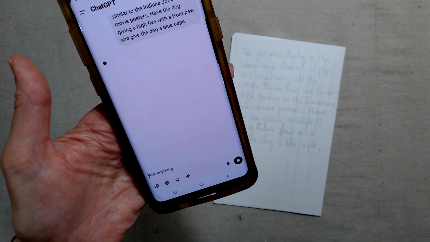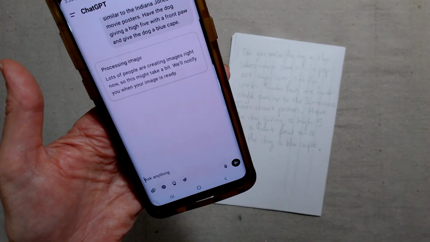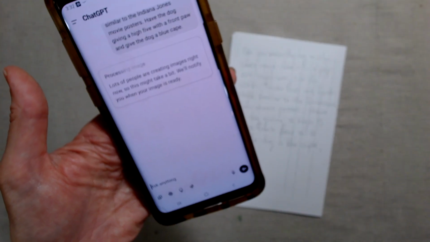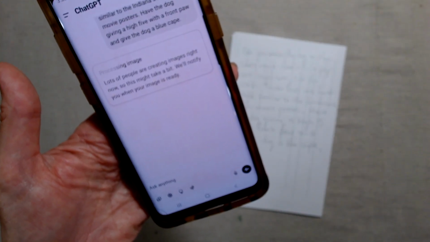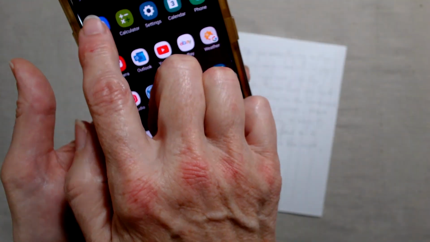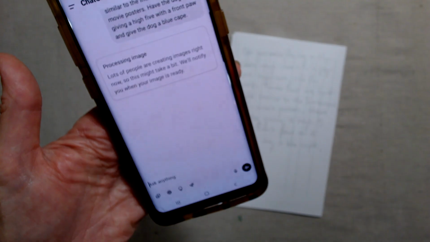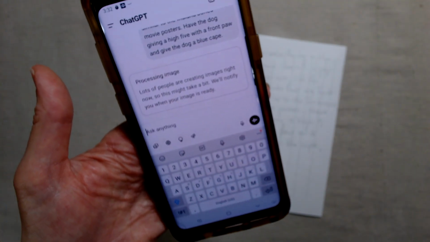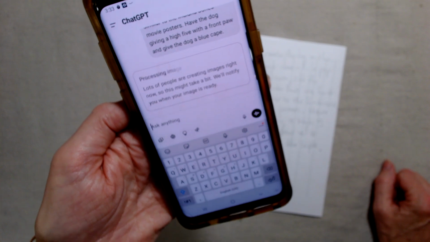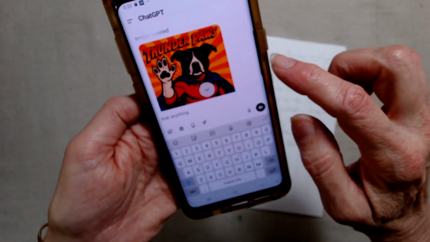So you can see how it's processing, and it should only take about 60 to 90 seconds. I'm going to go ahead and turn on a timer just so I have a clue about how long it's taking, because I have found that the software sometimes will kick out a photo pretty quickly, but the longer and more detailed your description is, the harder it has to work, and so the longer it can take to generate the image. So this image took about 2 minutes to generate, and it's not my favorite result,